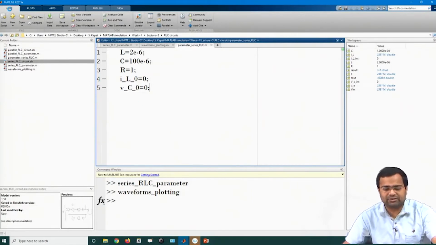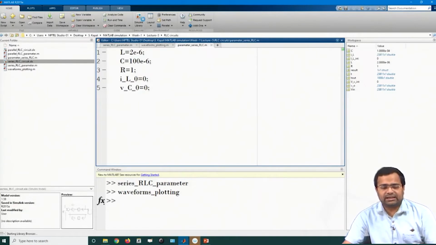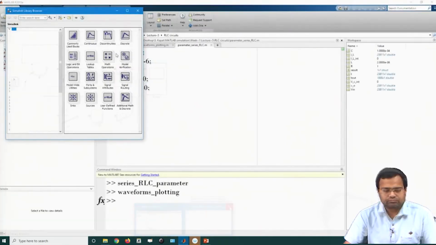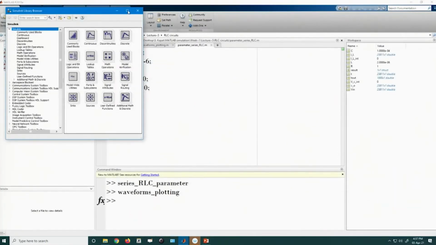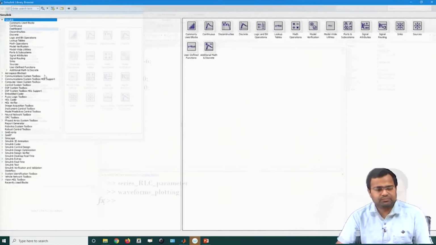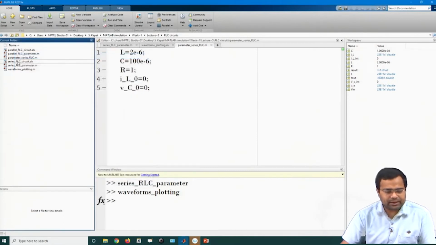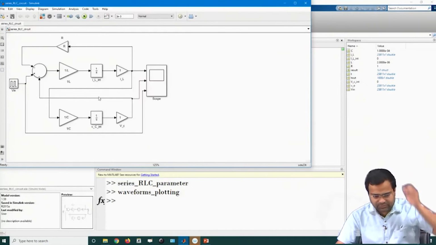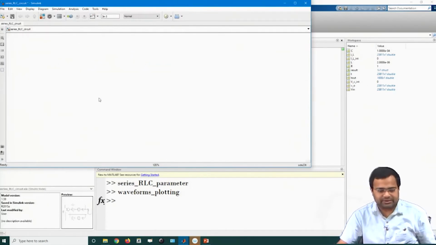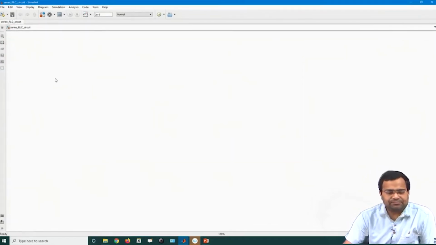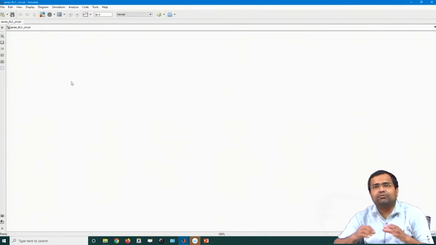If you go to the home page of MATLAB, then you will see the Simulink tab. It depends upon the version of MATLAB that you are using, and if we open that, then it should open a Simulink file. So, you open a new simulation file. This is a Simulink library. Let us open a simulation file. I am just removing all these blocks from here. This is a new Simulink file,